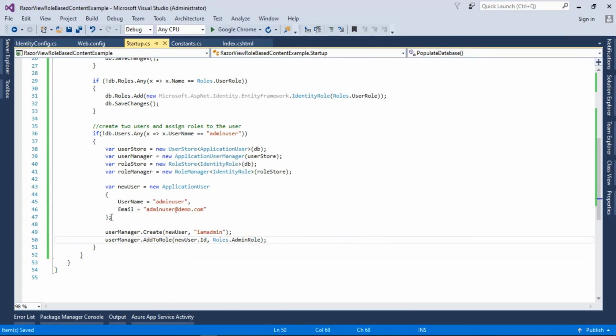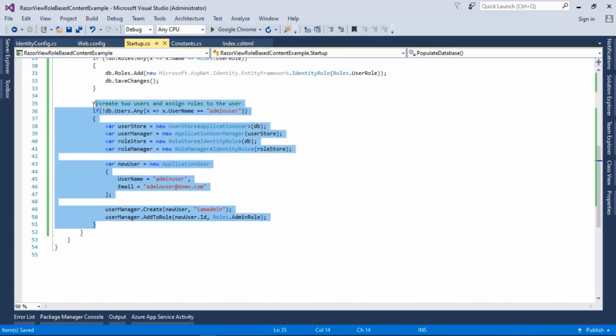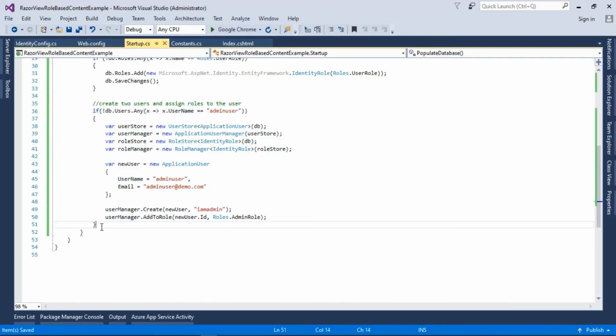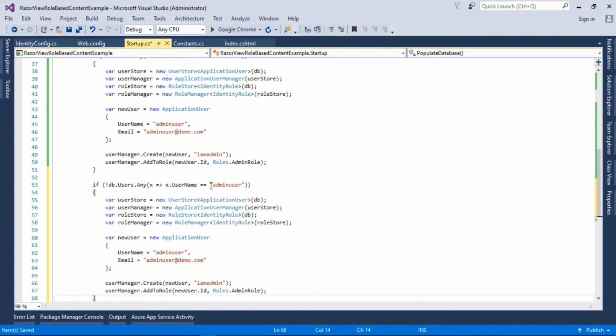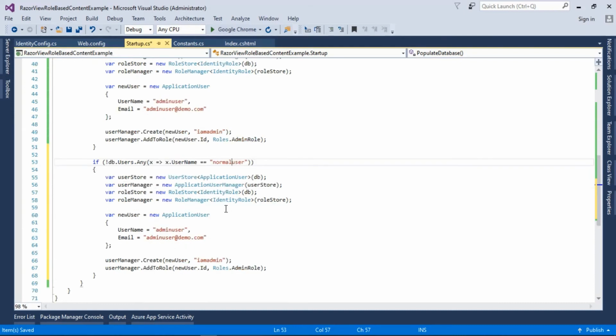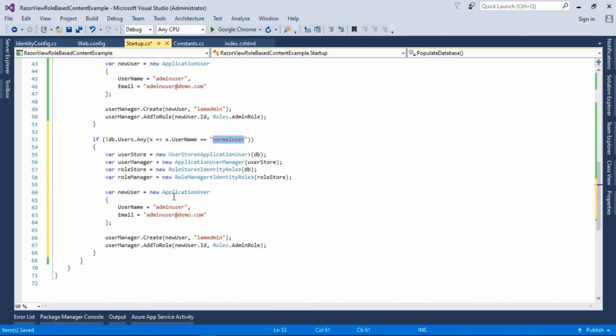So similarly I will copy this whole process and repeat it for the normal user. So we will name it to the normal user, and will also paste this here as well and in the email as well, and we will create the user and will type the password I am user.